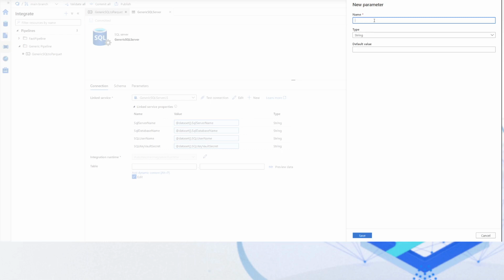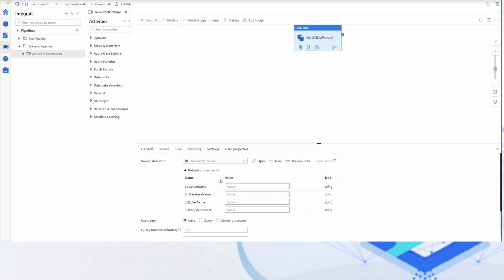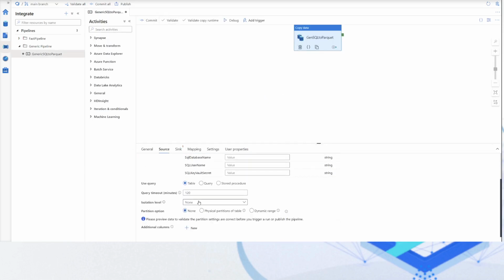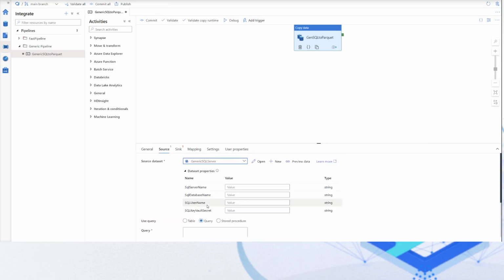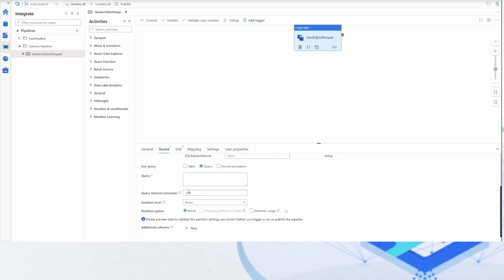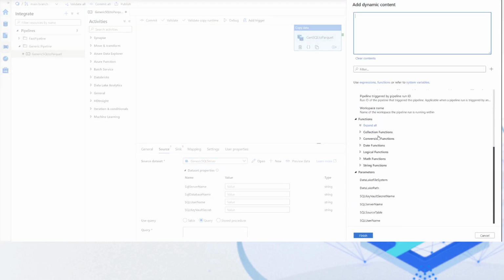Actually, what we're going to do is repurpose the table name just to make this simple. We are not going to use table names. We are going to use a SQL query rather than tables. We're going to say query here, and we're going to go up into our query, and we're going to go and say,